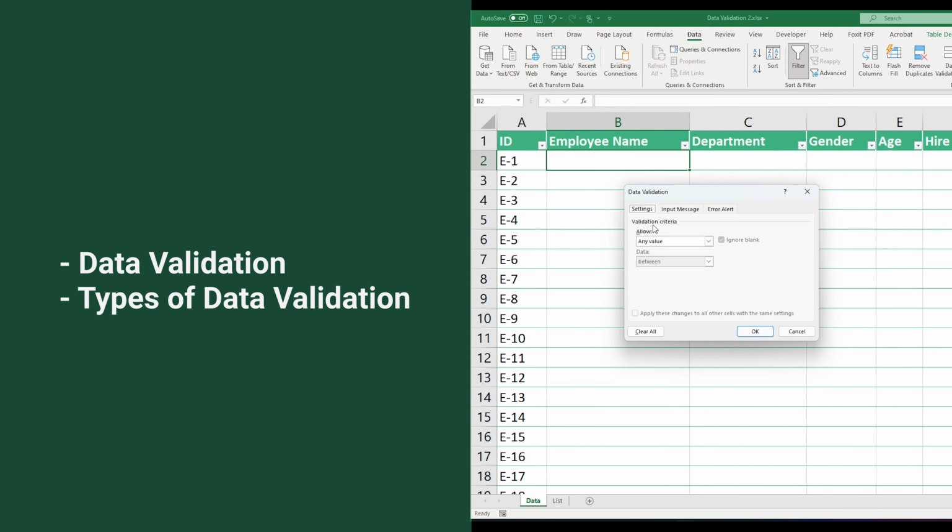In this video, you will learn what data validation is and how to apply different types of data validation to